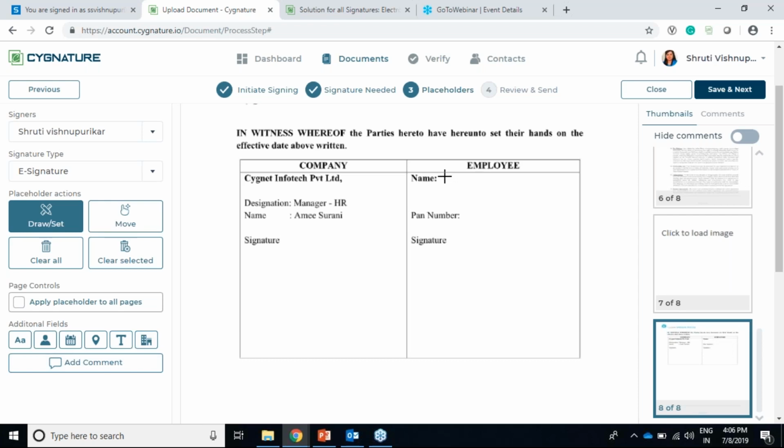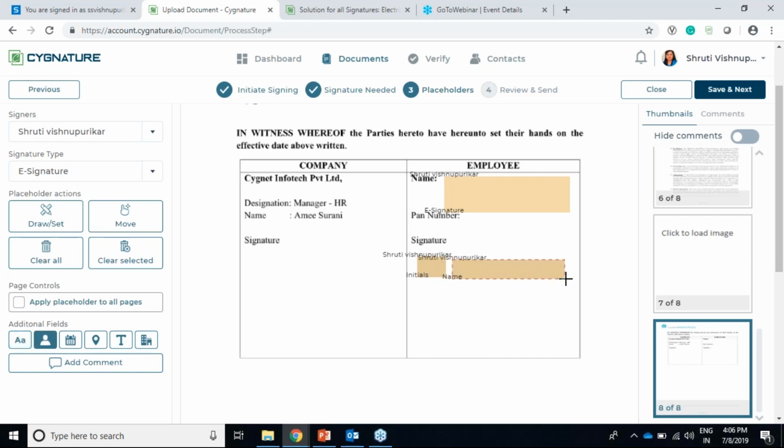So I'll just put a placeholder here for myself, and if I want to add an initial here, I can do it. I can put my name here. If I want date, location, title, company name, I'll just select a title here. Let's see. I'll select company name also here.